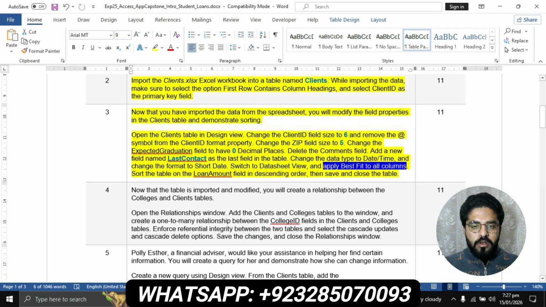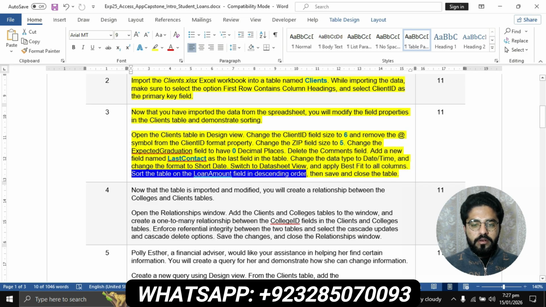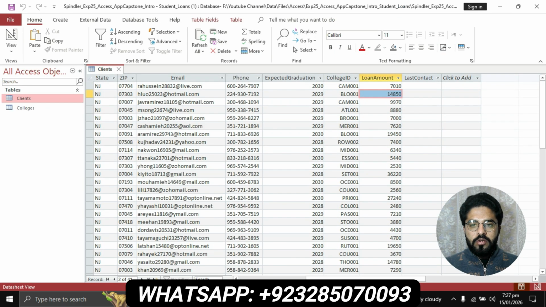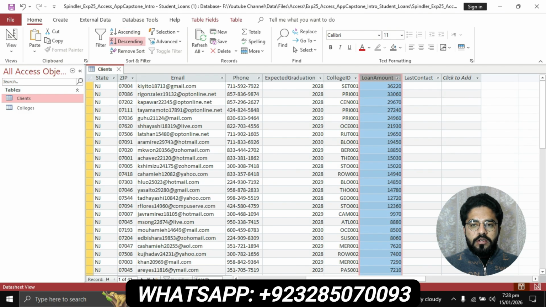And sort the table on the loan amount field in the descending order. Now you will have to sort the table based on the loan amount in descending order. In the table field, first you will have to select this, then you will go to the sort and filter group, click on the descending order to sort the loan amount in descending order,